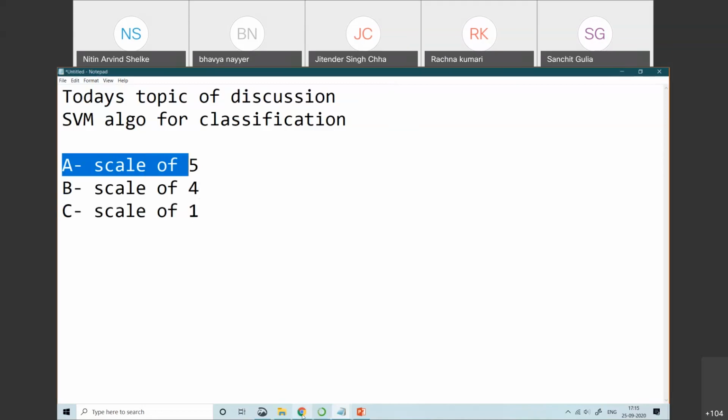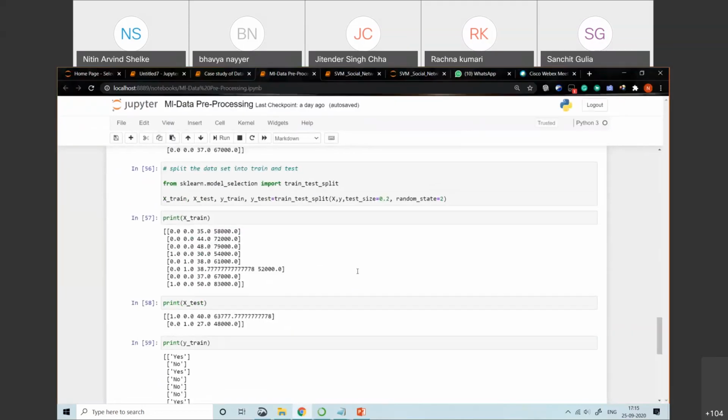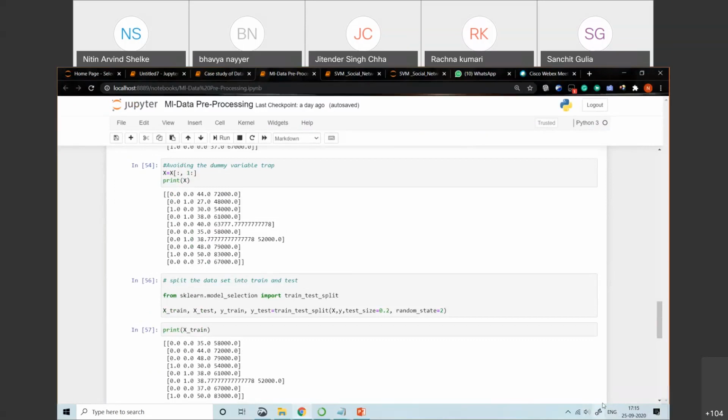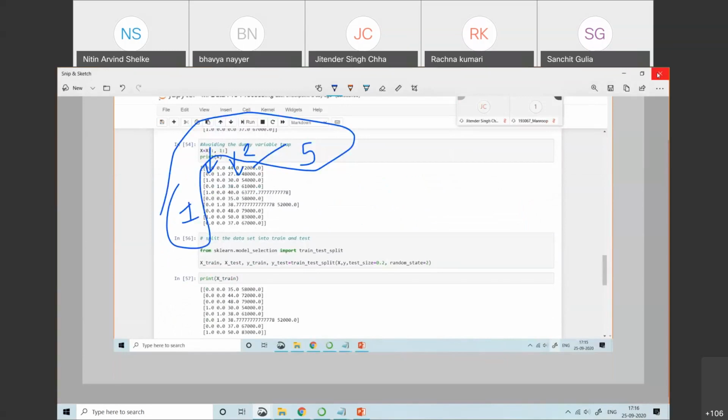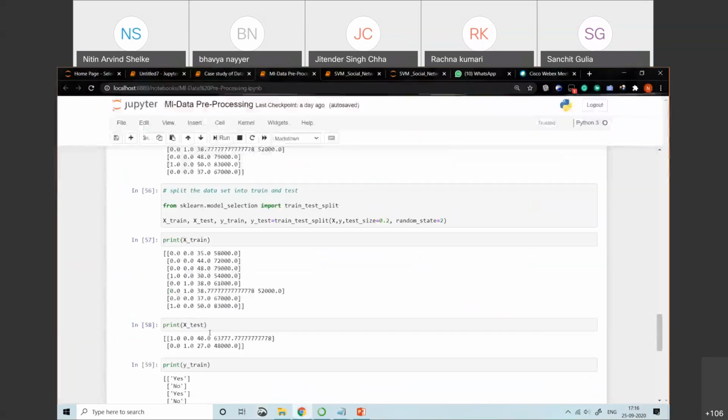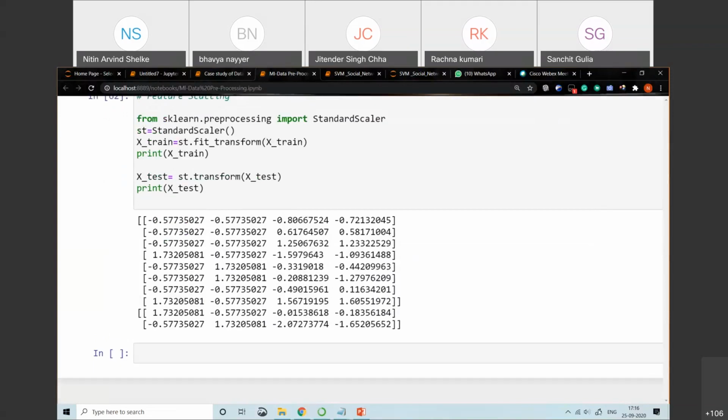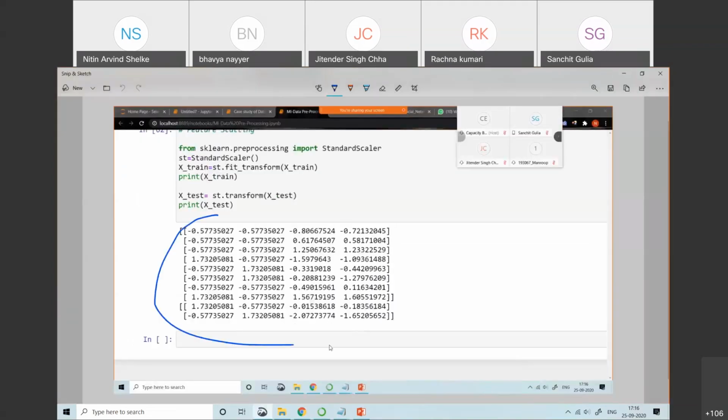So observe here, as far as the data set is concerned, in our data set we have this particular value, okay. One value is in a single digit, then age value is in 2 digits, and the salary values are in 5 digits, right? So to avoid the confusion, we'll make it into one scale, and for that purpose we use the feature scaling. Now observe the output. After scaling we will get this output.